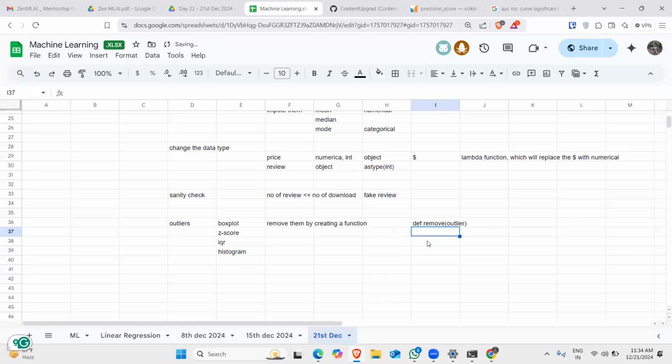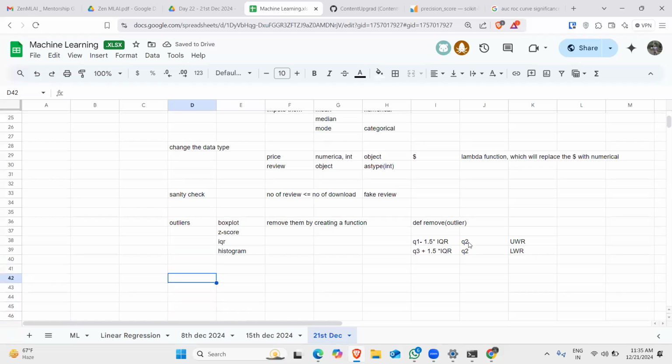Whether the data is beyond Q1 minus 1.5 times IQR, or Q3 plus 1.5 times IQR, we remove those outliers, right? We identify the outliers and remove them by simple median imputation, or by replacing them with the upper whisker or lower whisker value respectively. There are several ways to remove outliers. After doing that, we again plot the box plot and see that we don't have outliers. We check for outliers again.